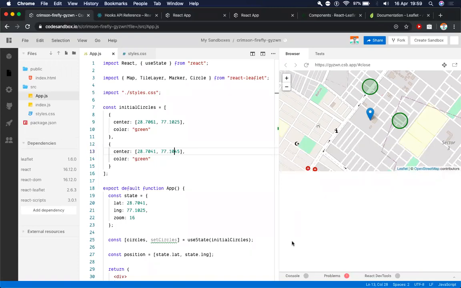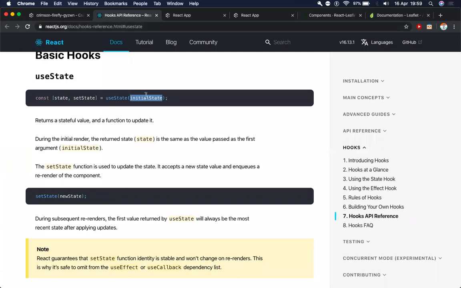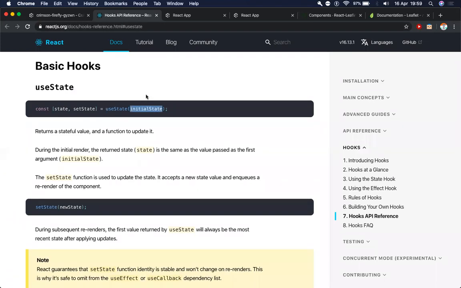I didn't get the useState. Okay, Naveed. useState is basically a basic React hook, and I'll explain it more as I go through it.